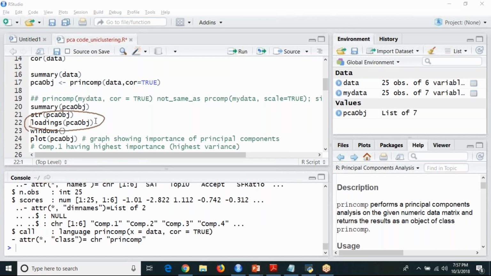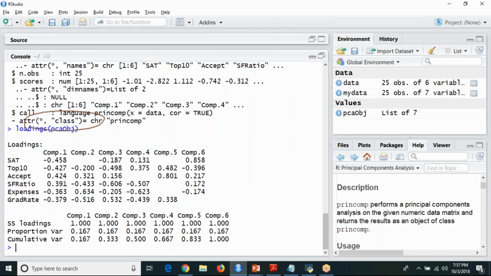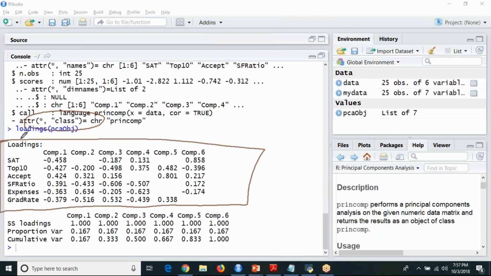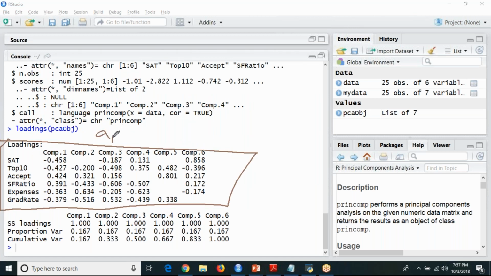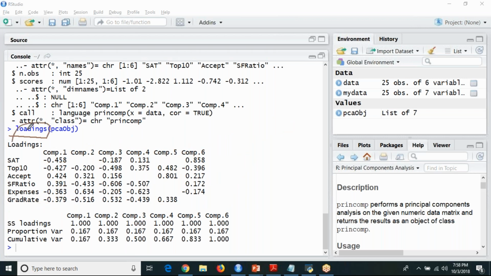If you run this loadings of PCA OBJ, it will display the proportion of each and every PC. See, loadings of PCA OBJ is nothing but this is your AI1, AI2, AI3, yesterday we discussed, right? So these are nothing but your weights. In order to get your weights, you should use this loadings of PCA OBJ.